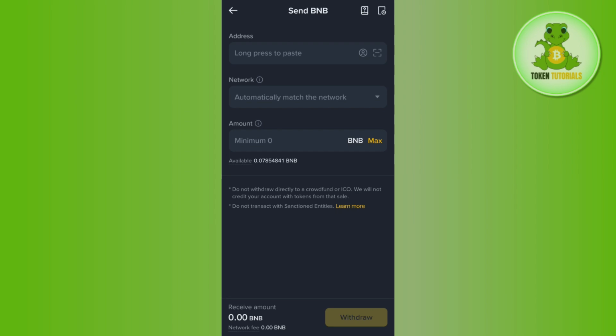Then in the network, select BNB. After that, in the amount, simply enter the amount and press withdraw here in the bottom right hand corner of the screen. Once your transaction is completed, you are going to receive your BNB from your Binance exchange to your